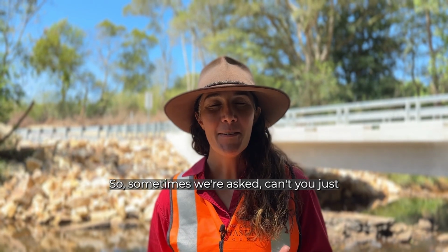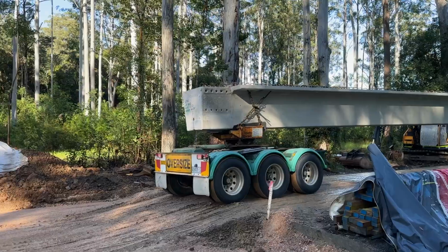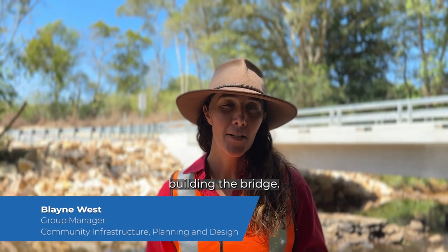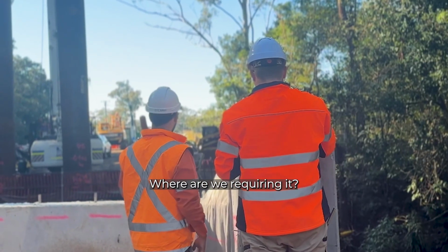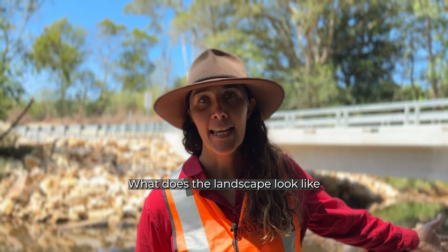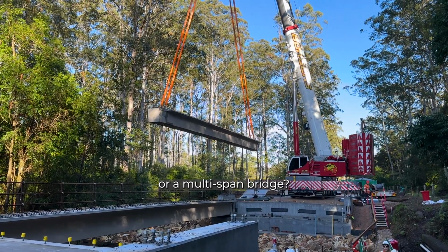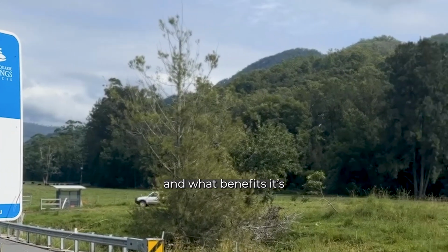So, sometimes we're asked, can't you just build us a bridge? There's a lot of stages to building the bridge. First of all, we have to understand the needs. Where are we requiring it? What does the landscape look like? And what requirements are going to be there? Do we need a single span or a multi-span bridge? So we look at design and we look at requirement of need and what benefits it's going to bring our